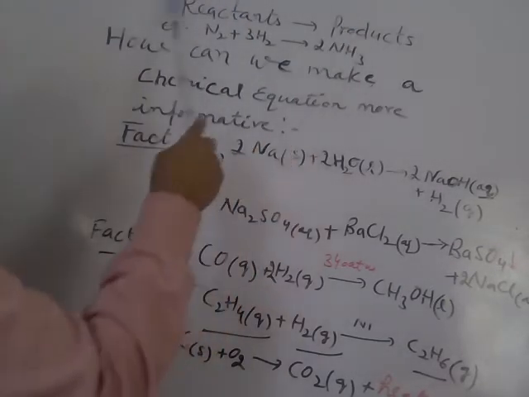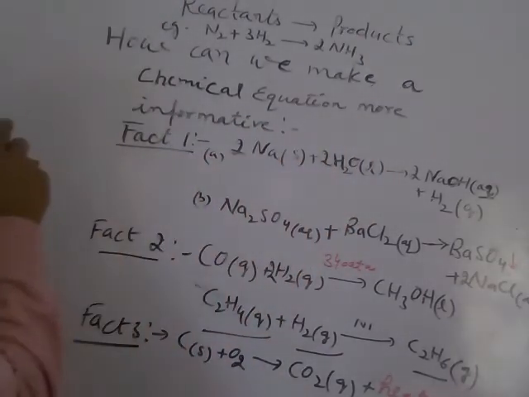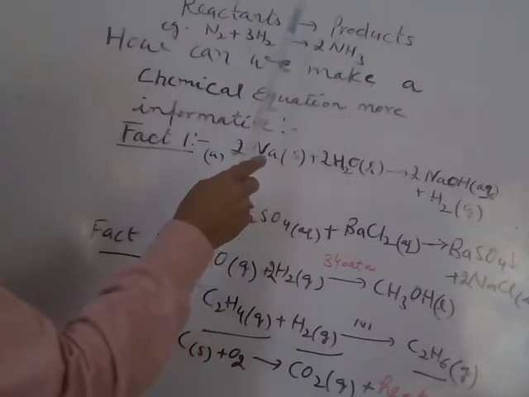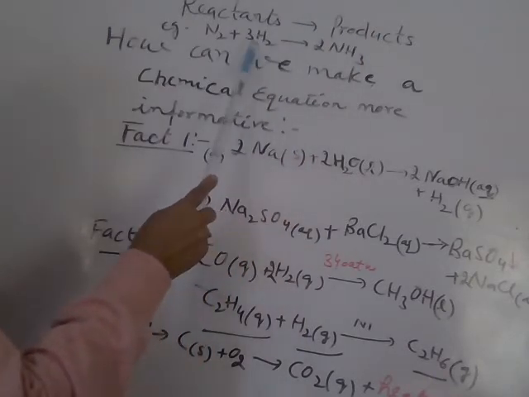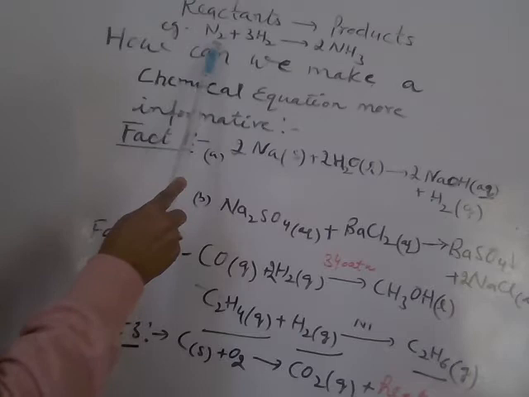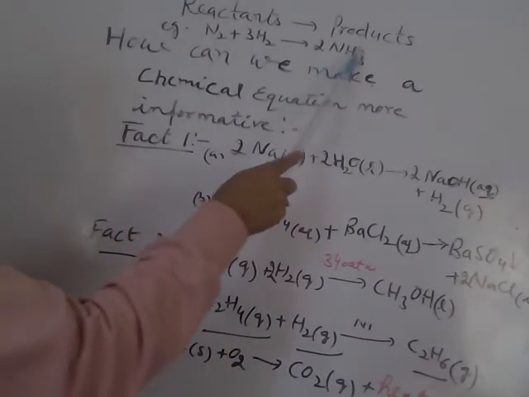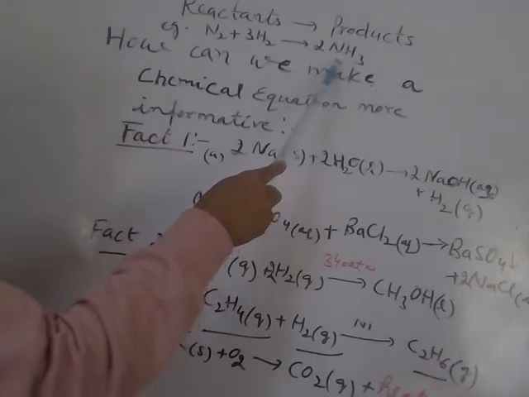Earlier we have written reactants on the left hand side and products on the right hand side to represent a chemical equation. An arrow in between reactants and products means gives rise to. For example, when nitrogen gas reacts with hydrogen gas to form ammonia, which is again in gaseous state.